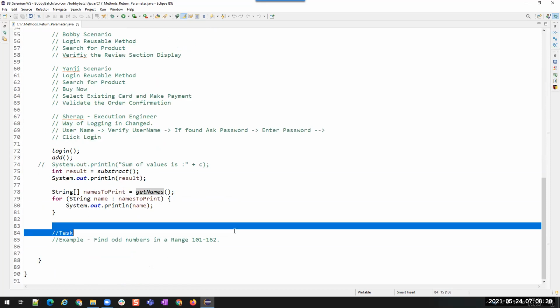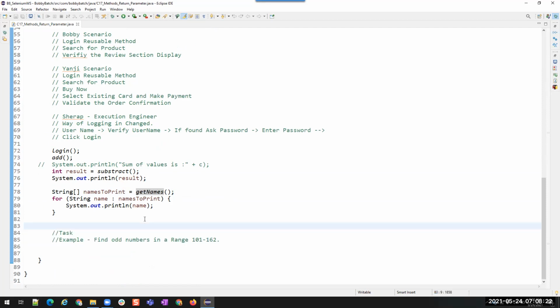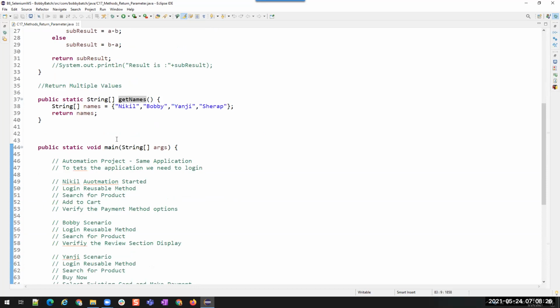Now I gave a task. Not sure if you did or not. Now let us see the last topic in methods, that is parameterization.